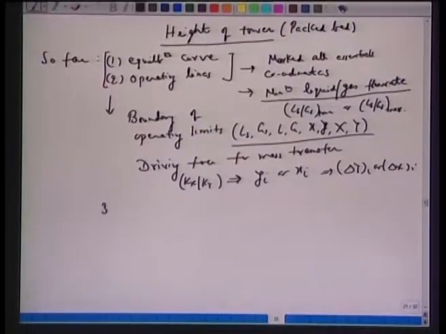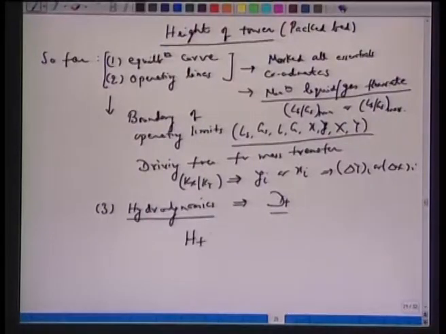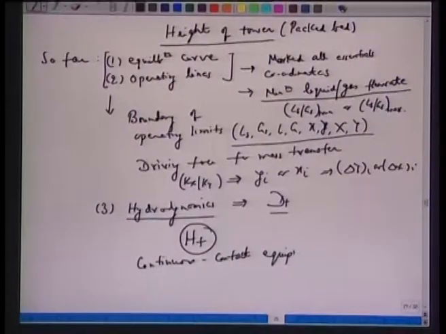Then we went ahead and did hydrodynamics. Hydrodynamics gives us stable operating conditions from the operation point of view. This gives us the diameter. What we are interested in now is the height, HT. So, the height of a packed bed tower or absorption column, which, again you recall, is nothing but a continuous contact equipment. So, we are not talking of trays or stages.